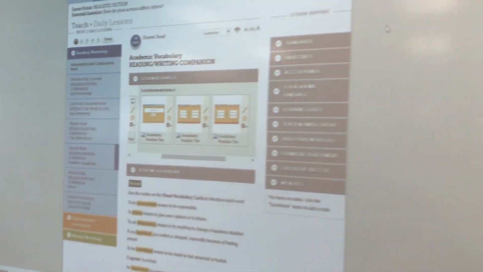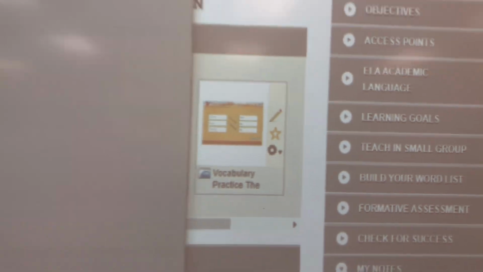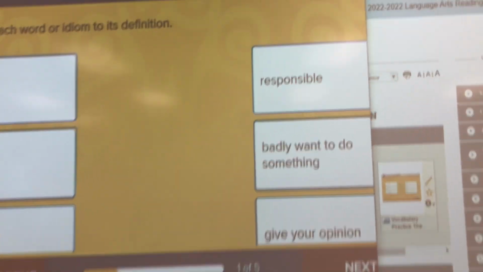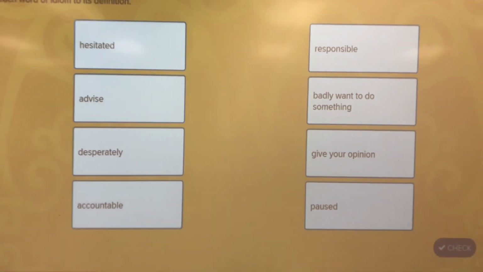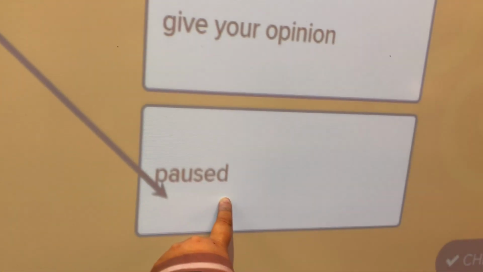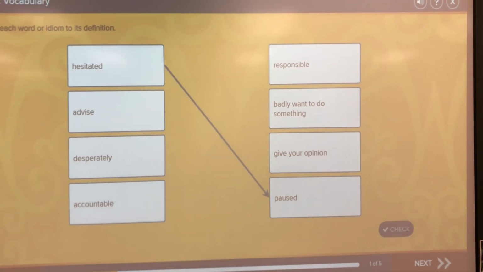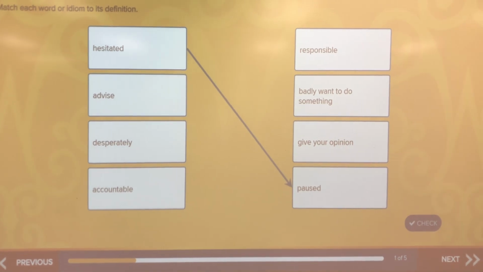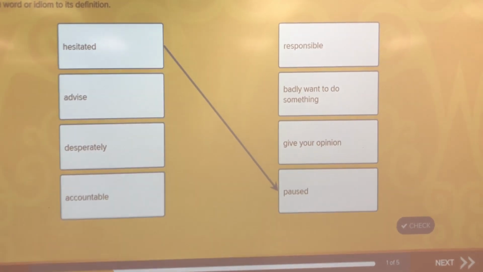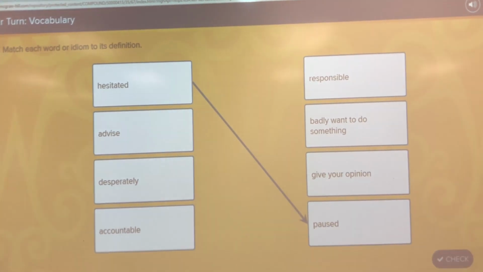Then at the end of class, we practiced some vocabulary using the vocabulary practice that Wonders brings. Let me make this a little bit bigger so that you can see it. This one, they're just matching one word to the definition. So if we want "hesitated," we will drag and drop it so that they make that connection. I had different students come to the board and manipulate the vocabulary words with their definitions. And the last 4 sets were idioms, so they were matching the idiom to what the idiom meant.